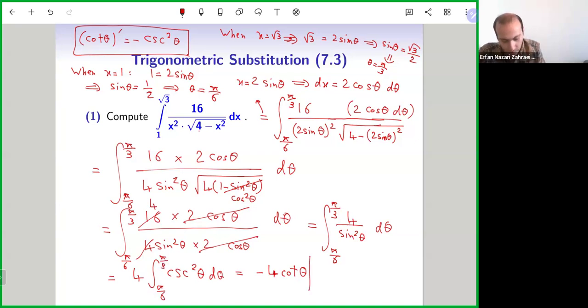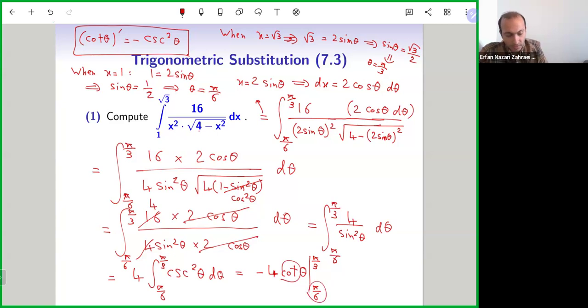At this step, I need to replace pi over 6 and pi over 3 in this. Now I need a reference triangle, because what is cotangent when x is this or that? So you can use a reference triangle, or you can go back to your memory and say that,